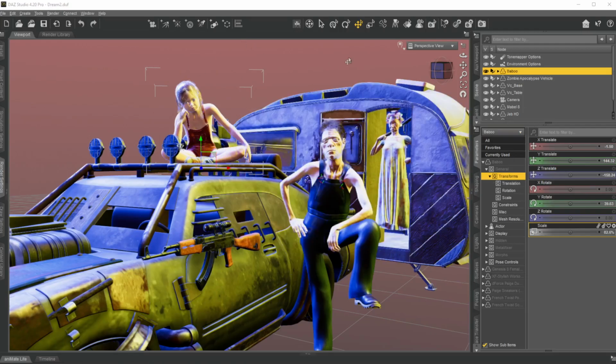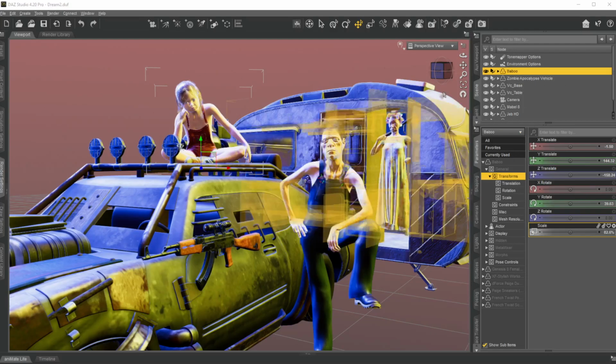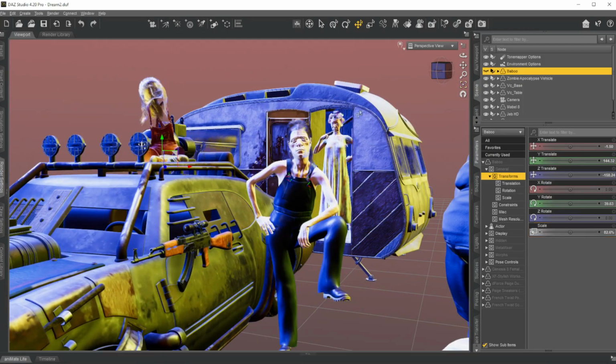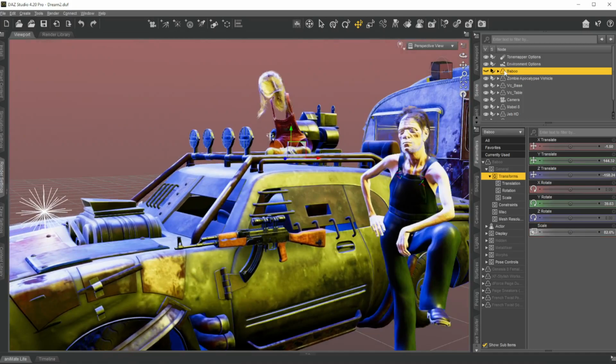For me, it's ridiculously annoying all the time that when I'm working on a larger scene with a lot of characters and I want to hide a certain character, it never hides everything, no matter what's parented underneath it. So, a nice little thing for that is you can select your character, and there's a little round thing up here called Group,